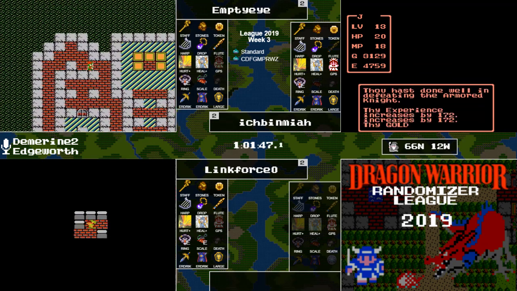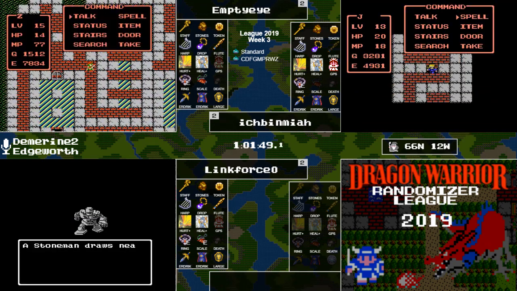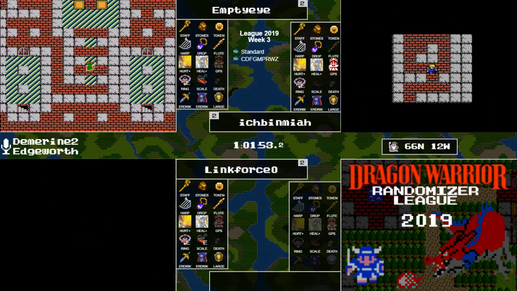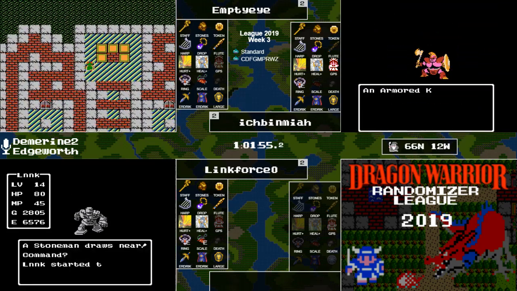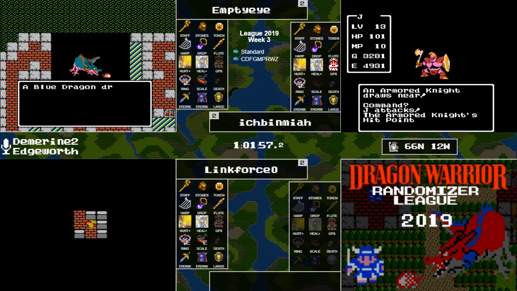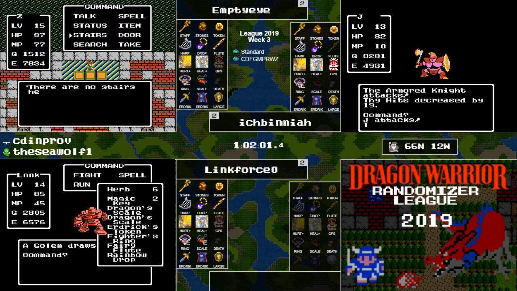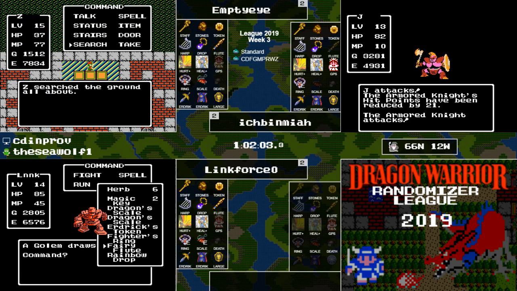Emptyeye escaping that red dragon fight with 1 HP and is getting a nice walk to refill the HP right now. Yeah, as you can see, that agility is just... These red dragons are hard to run from, so...